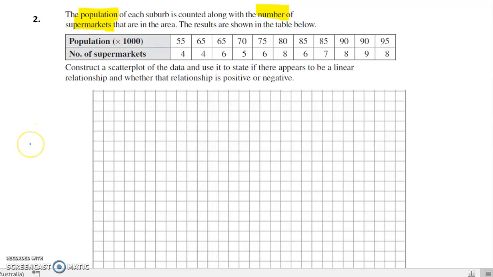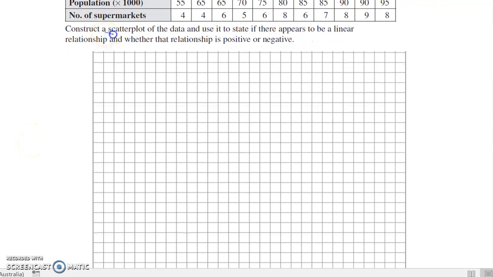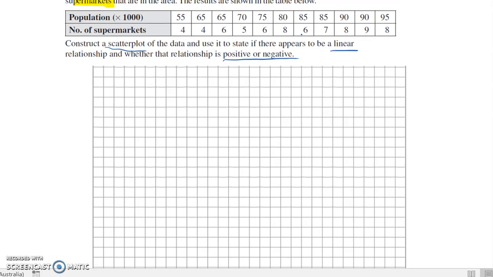Well, first of all, it's asking us to make a scatter plot and then use it to see if it's linear and whether it's positive or negative. In the HSC, you may also then get asked to state what kind of association exists, like if it's strong, weak, or moderate. So just remember with any table like this, the top is your horizontal, the bottom is your